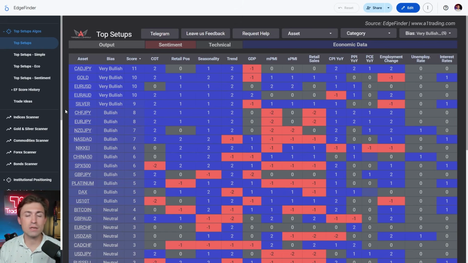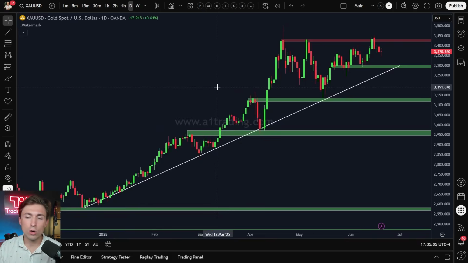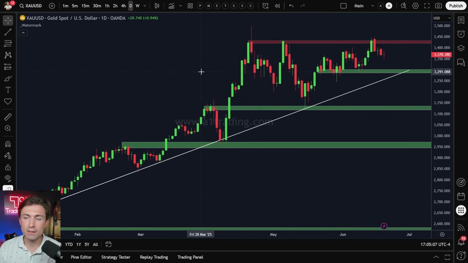So I'll share with you an example on this gold chart that I just got done discussing. We know that the EdgeFinder is giving us a positive reading on the price action of gold. I've pulled up the daily chart, and what we can see here is that we've had a really strong overall trend to the upside in recent times. With the upward trend and the set of indicators that we just got done discussing mostly pointing towards gold bullishness at this time, I do like the idea of potentially looking for a long trading setup in accordance with my